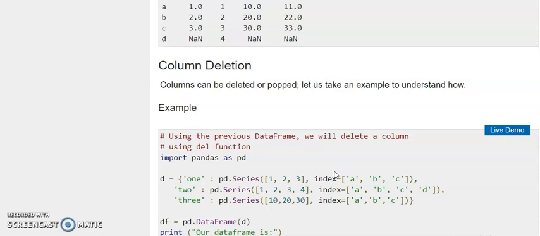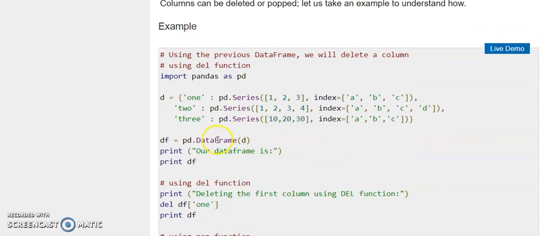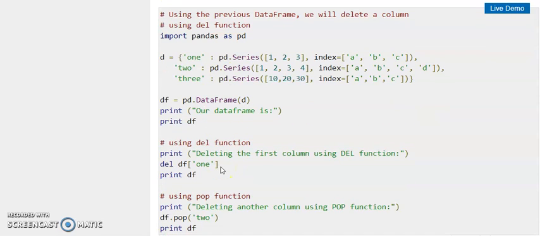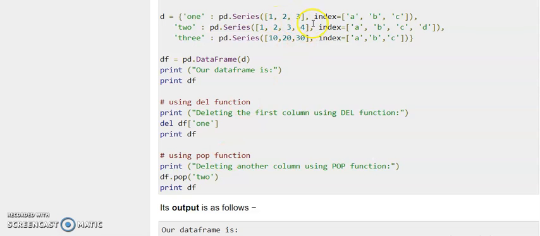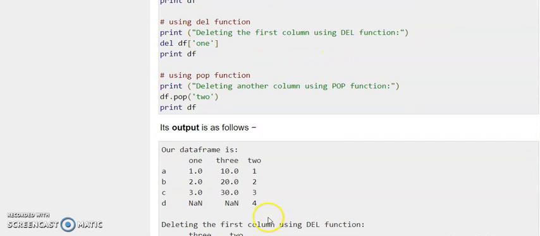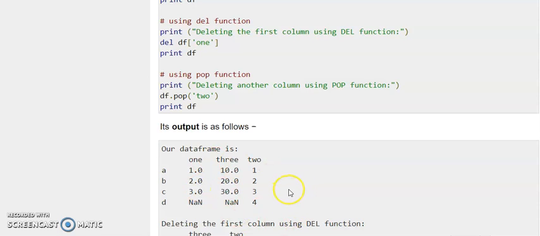So for that, which function do we have to use? In this manner, firstly I have created the D variable in which I have passed the 3 columns as series, and after that df equals pd.DataFrame, and I will pass the D variable here, and now finally we will print the df. The df data frame will show us the 3 columns 1, 2 and 3, and the values 1 2 3, 1 2 3 4, 10 20 30. So this is the output of this data frame.